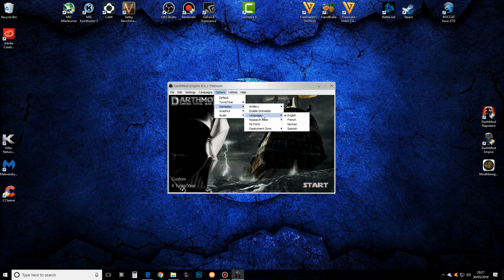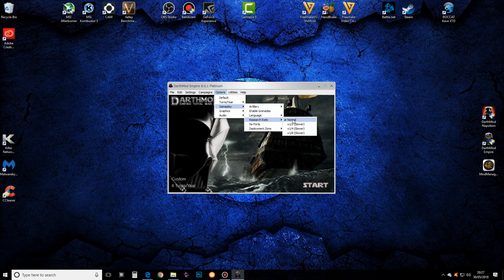Now, research rate, you can lower the research rate incredibly so, down to a half, a quarter, or 1/8. If you're doing it to 1/8 here, it's going to be mind-bogglingly slow research. I guess you could tie it to the year. If you get 4 turns for every year, I guess you could put it to a quarter. But I've left it on normal because otherwise your research is going to be